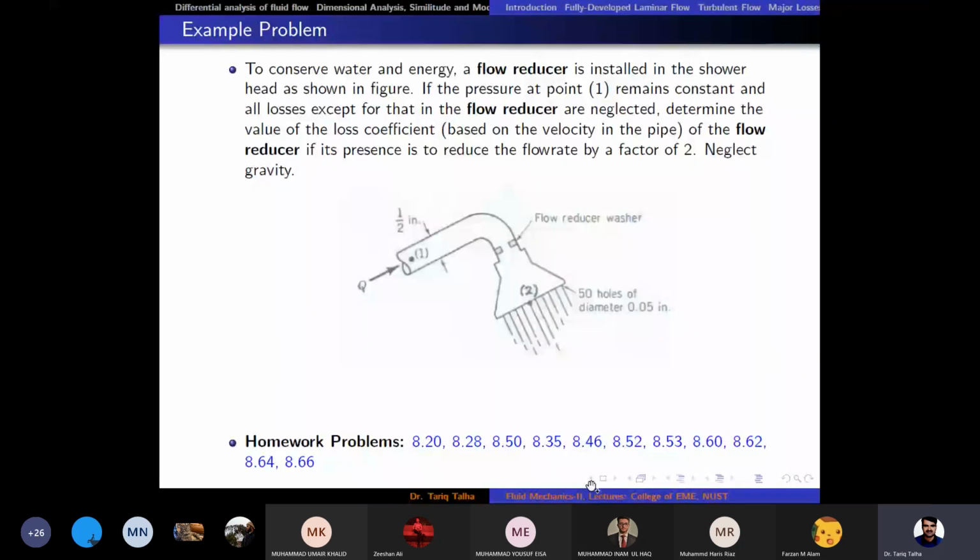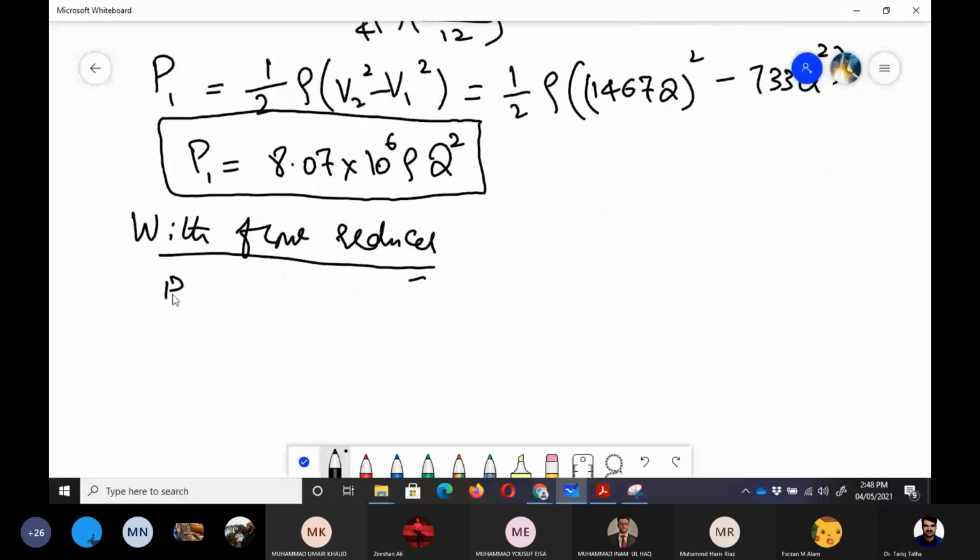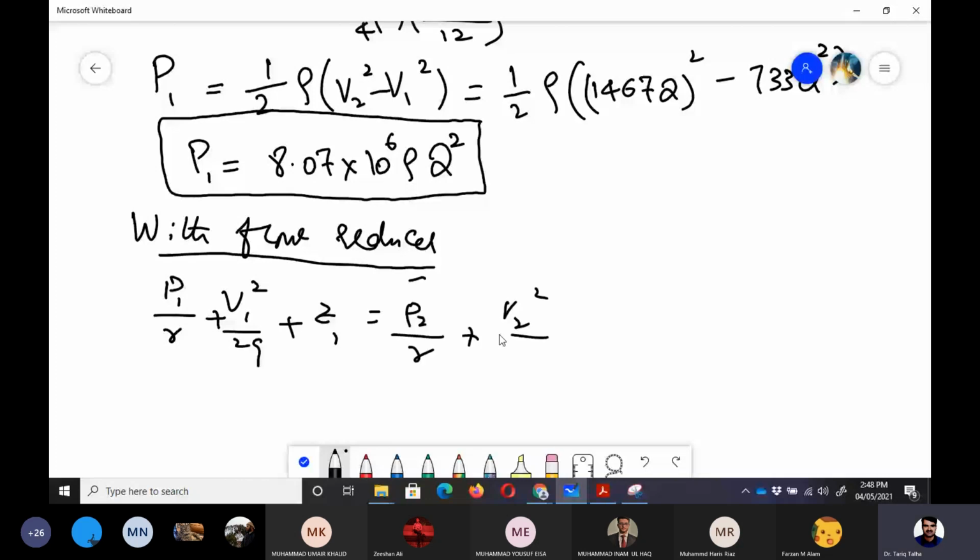First, the flow rate is to be reduced by 2, and secondly, this P1 value would be the same, because that is only affecting the flow rate. So if we want to write the energy equation with flow reducer, it would be P1 upon gamma plus V1 square upon 2g plus Z1 is equal to P2 upon gamma plus V2 square upon 2g plus Z2 plus